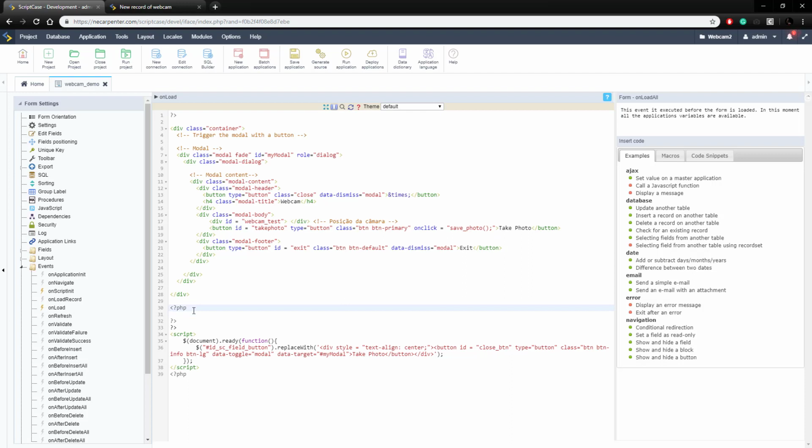Okay. So we have here a Bootstrap modal. This is a pretty standard Bootstrap modal. Here we have a modal body with a div, a webcam test div. This is an empty div right now. And then we have a button. This is a take photo button. And here we have on the onClick a save photo function. And that's what we're going to add in a little bit, but first we're just going to see what this